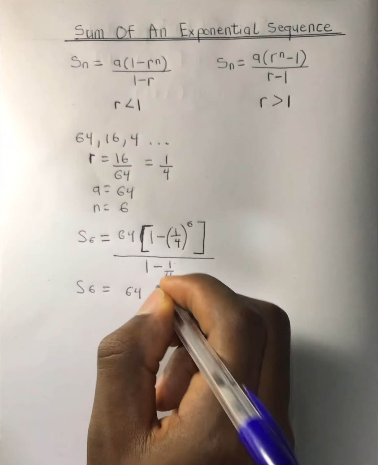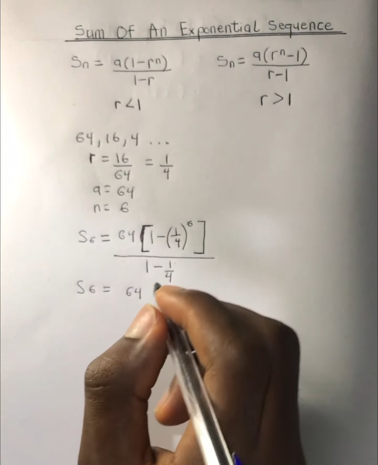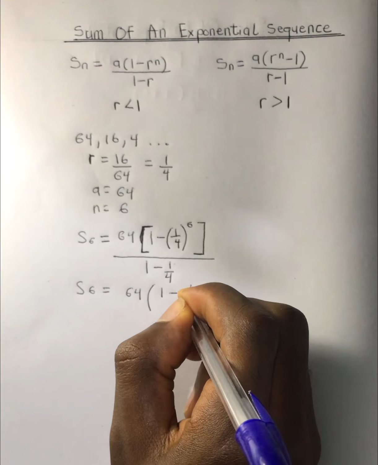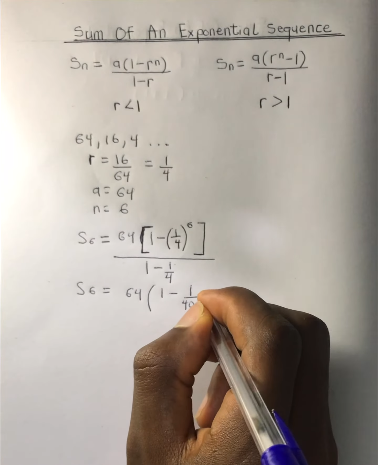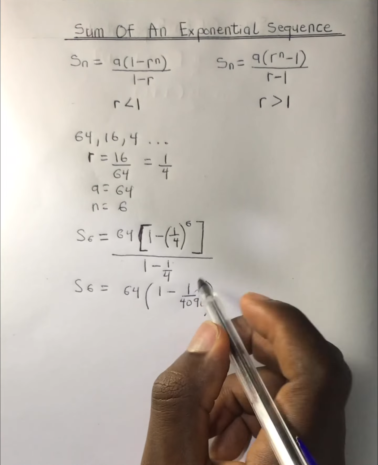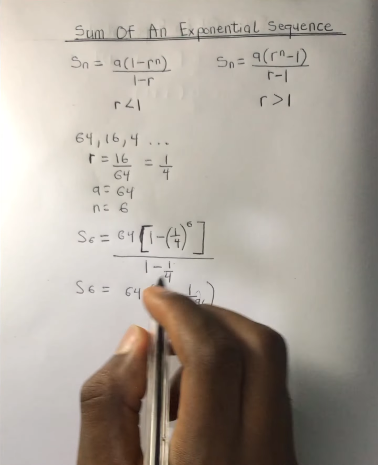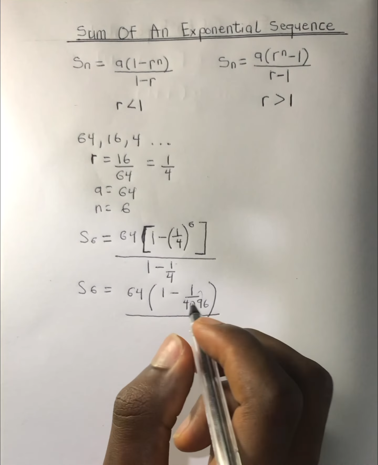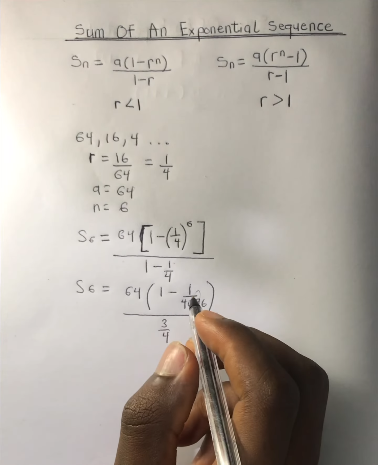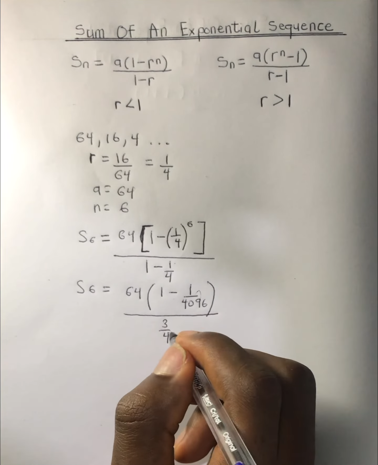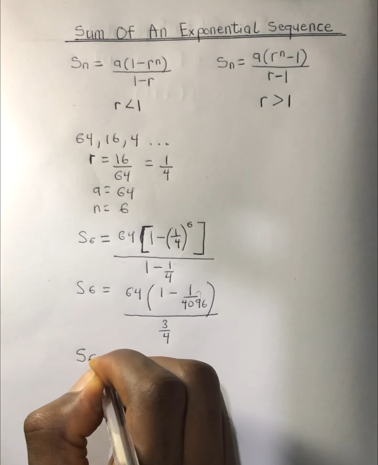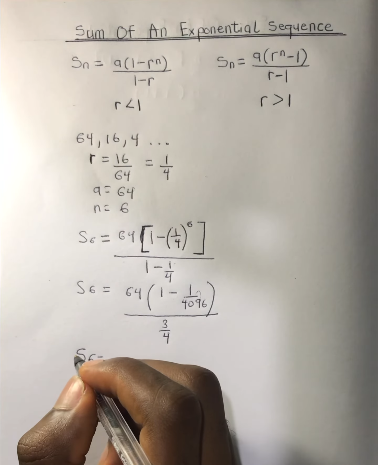So solving this, we get 64 multiplying the bracket 1 minus 1/4096 close bracket. This is the value we get from 1/4 to the power of 6. Now 1 minus 1/4 gives us 3/4. So S subscript 6 gives us